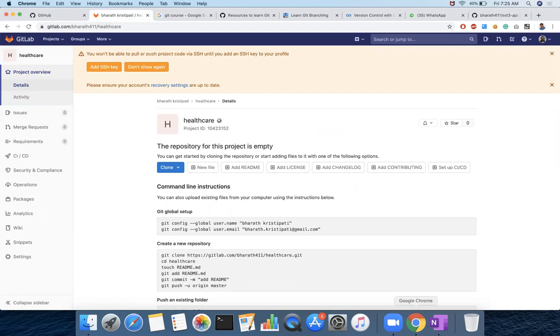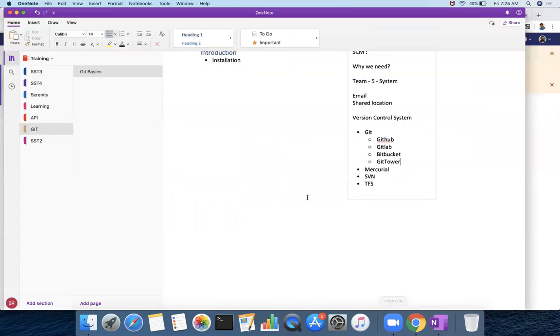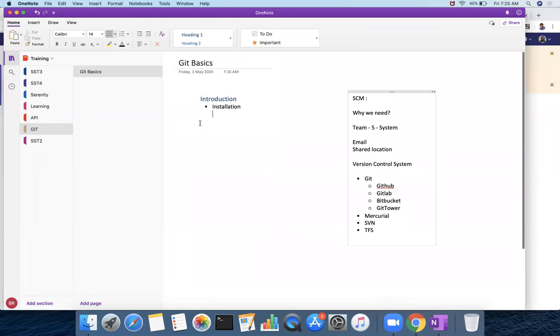Now we'll see what the learning steps are for us. You have a Git server and a Git client.